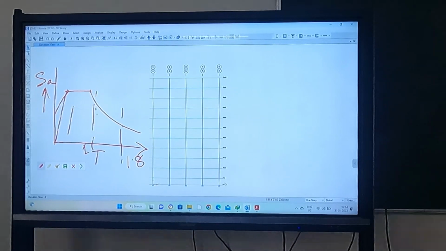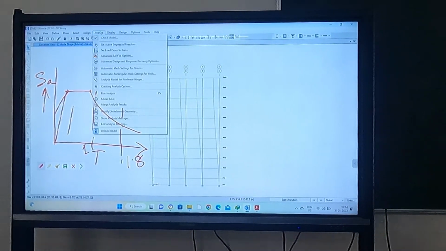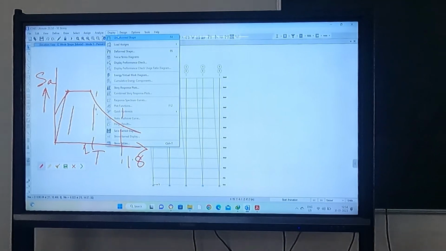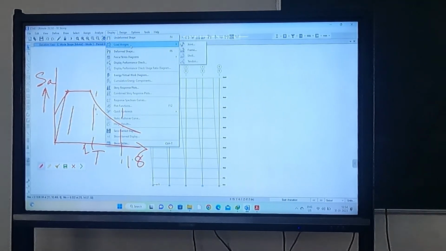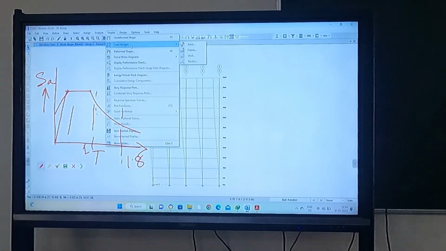Now see, we have the period, and this is actually another building model. So the analysis is already done here. We'll check the results from this case. What do you check first? We check the period and mode shapes, right? And mode participation factor also. So these three parameters are very important: one is mode shape, another one is period, another one is mode participation factor. Before going further, you have to check all these three parameters whether they are as expected or not.